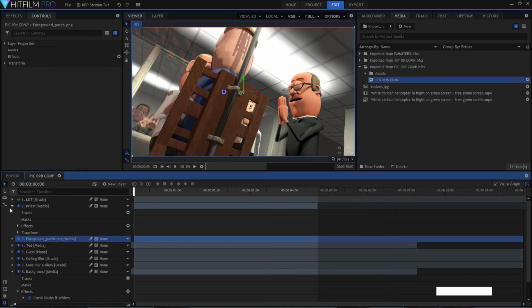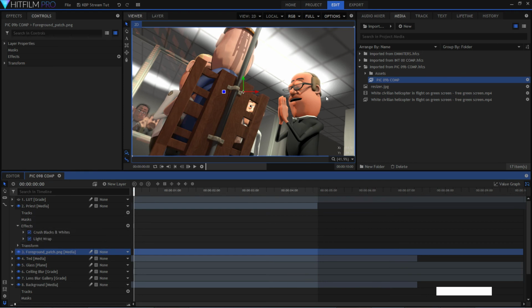Here's a last minute addition to the shot, I thought. Because I wasn't going to use them, because the animation for the praying is so short. I didn't think I could use them, but I did. Again, I just used the same value for the crushed blacks and whites. In fact, I think I just copied and pasted from other levels onto here